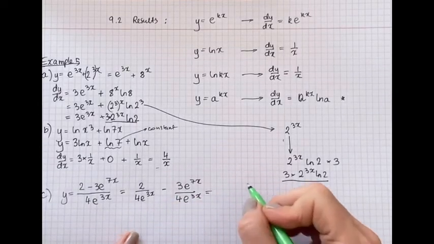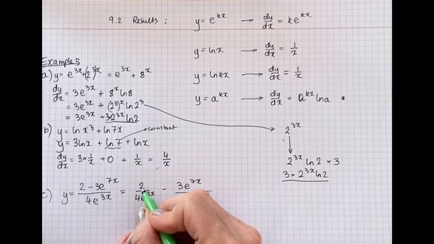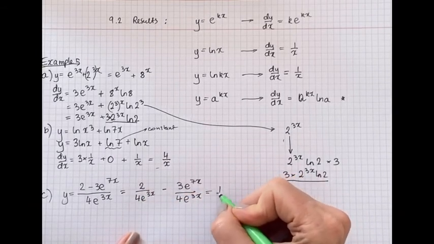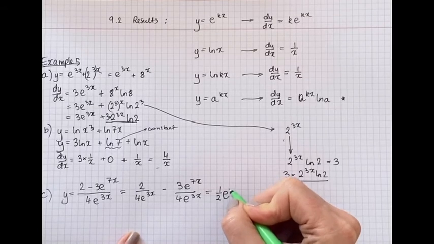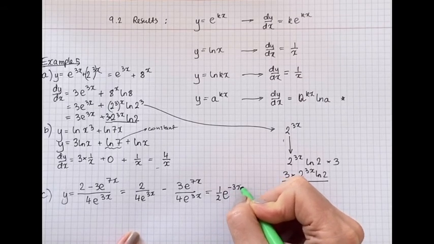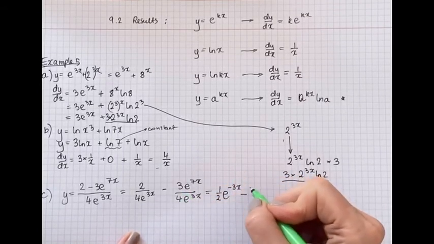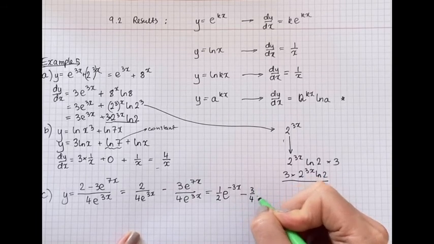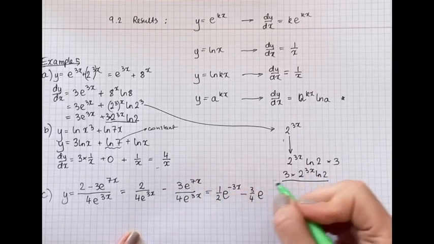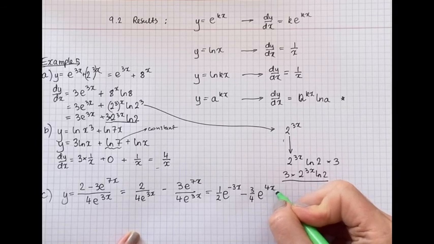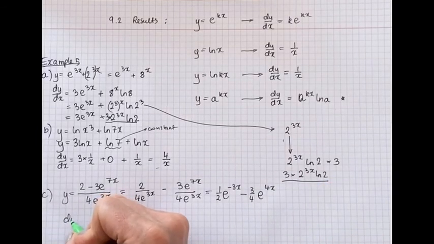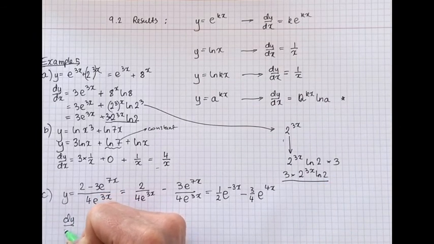Let me just keep it in one line here. So this will become 1/2, and we can bring that e to the top and give it a negative power. And then you've got 3 over 4, the coefficients, and then e, remember you need to subtract the powers, to the power of 4x. There you go. So it's brilliantly prepared for differentiation. Let's put dy/dx